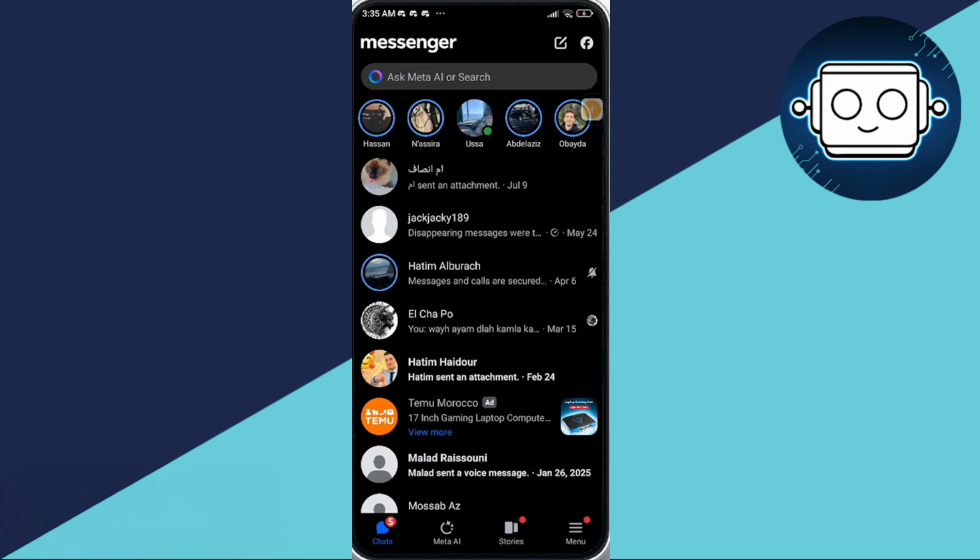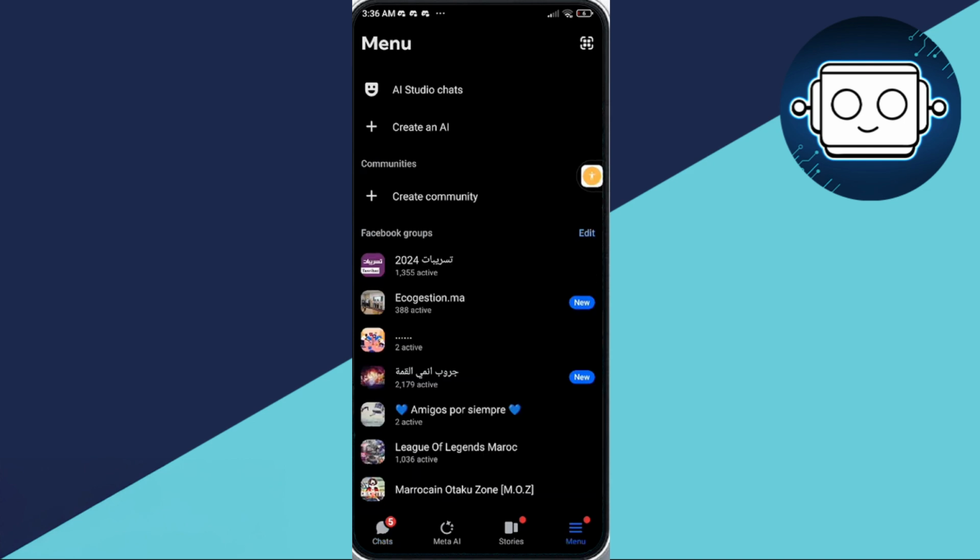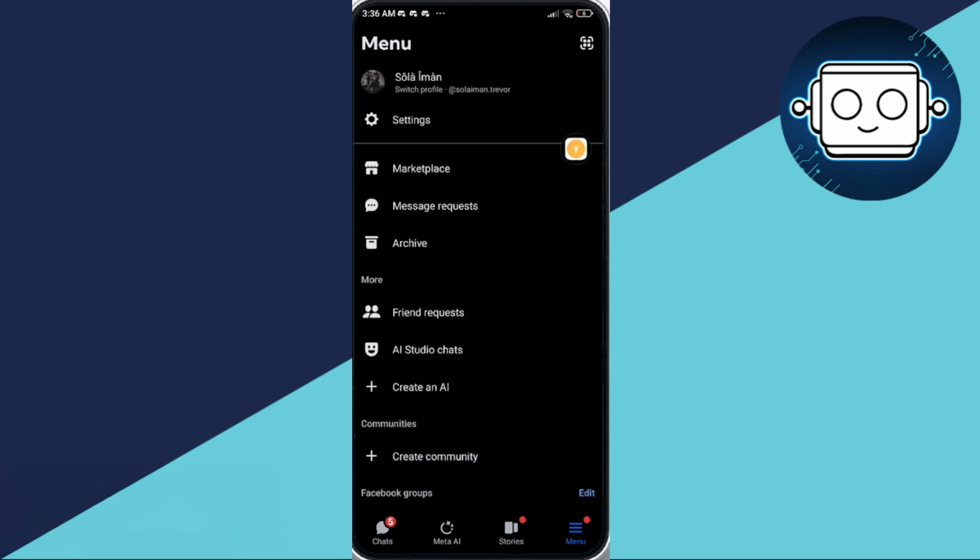In today's video I'm going to show you how to unblock people on Messenger. So actually guys, all you need to do is to open up your app, and right here you will need to tap on menu that's located on the bottom right, and for some people you can find it on the top left. So actually just go ahead and tap on these three lines,